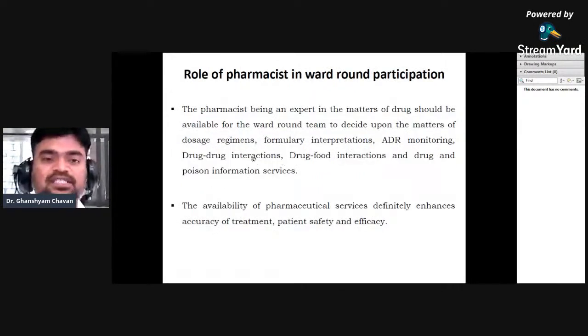Now here we are discussing the role of the pharmacist in ward round participation. The pharmacist, being an expert in matters of drugs, should be available for the ward round team to decide upon the matters of dosage regimen. The pharmacist must be included in the ward visit because the pharmacist has knowledge of the dosage regimen and its dosage form,